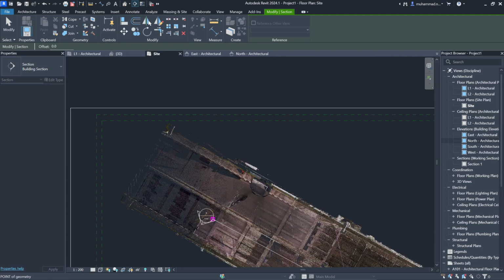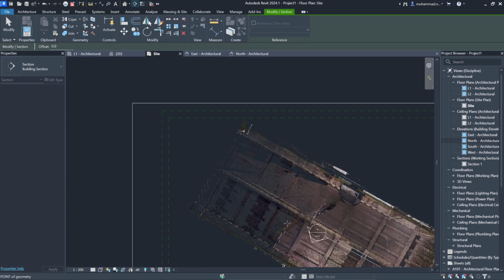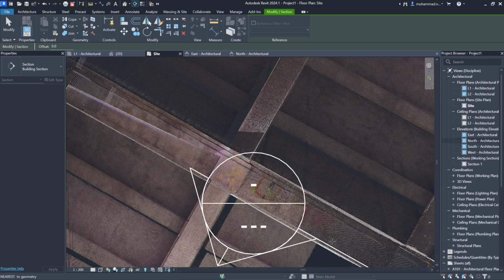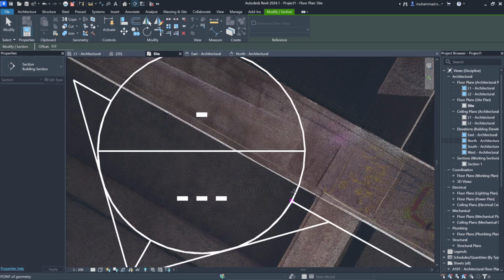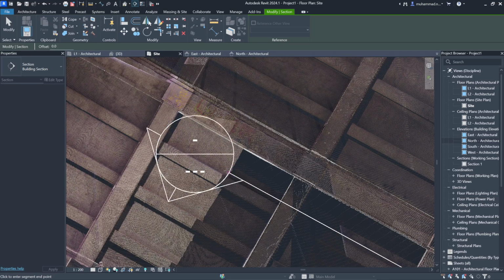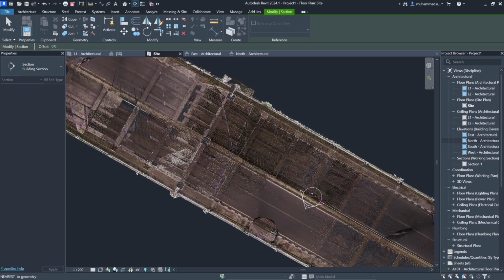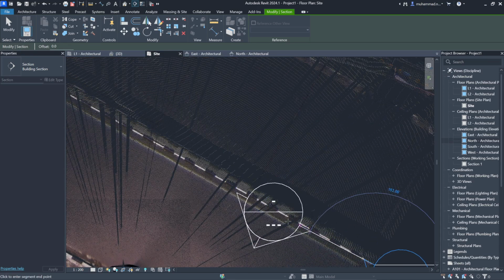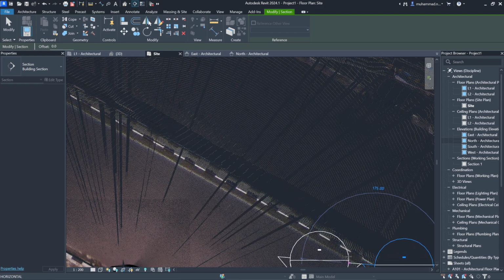We can take that measurement, and then we find the related segment.